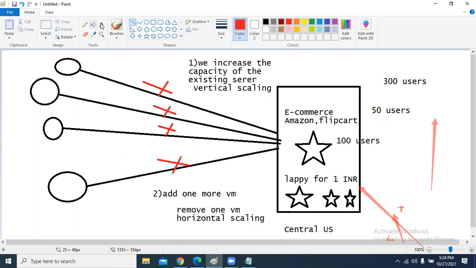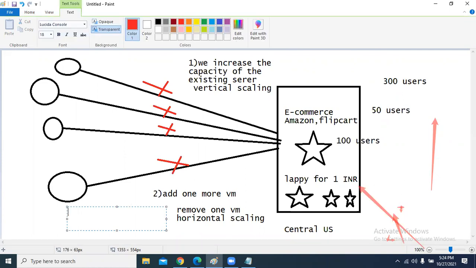You can achieve this by using an option called virtual machine scale set. For the virtual machine scale set, we write a condition: if the CPU usage is more than 75%, add one VM.